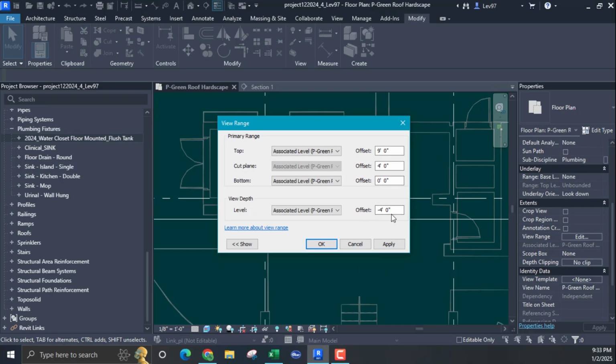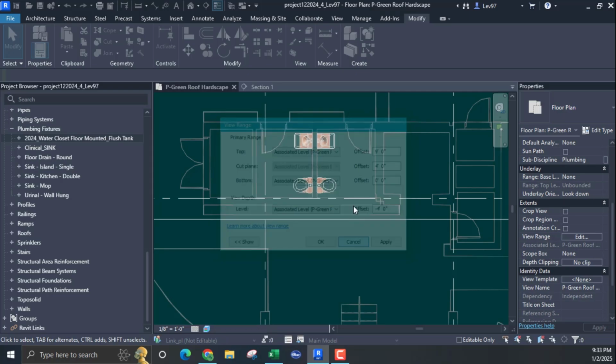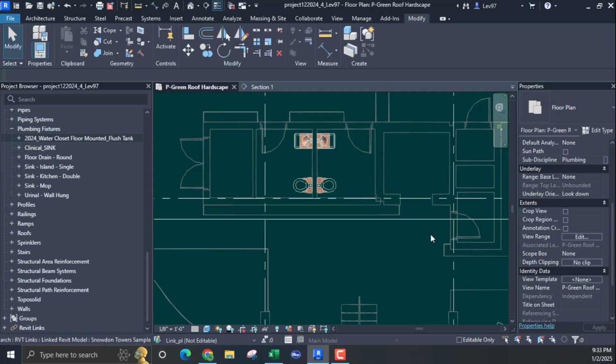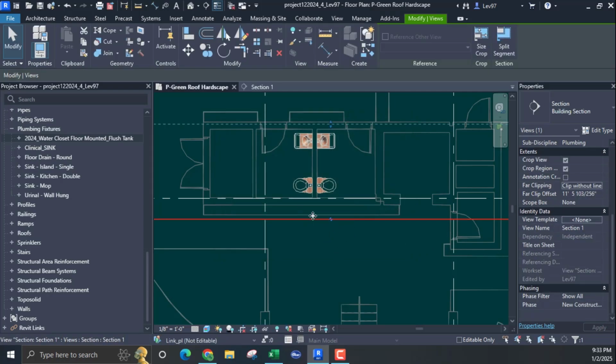And it can go, the view depth can be as negative as possible. And this is the top, right? So I would call that the vertical view range, and this is the horizontal view range. This is how I look at it. Okay. So in this view range, let me get a